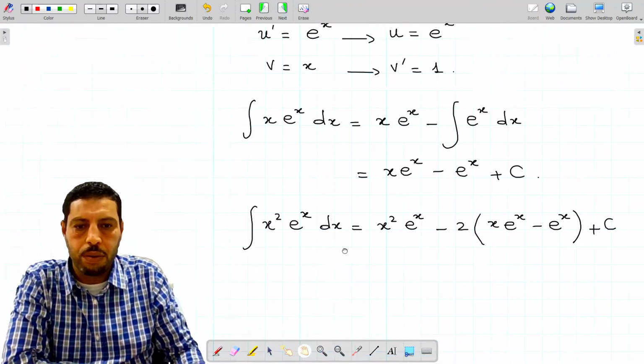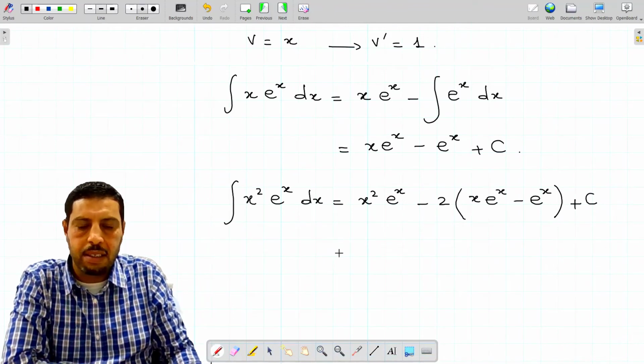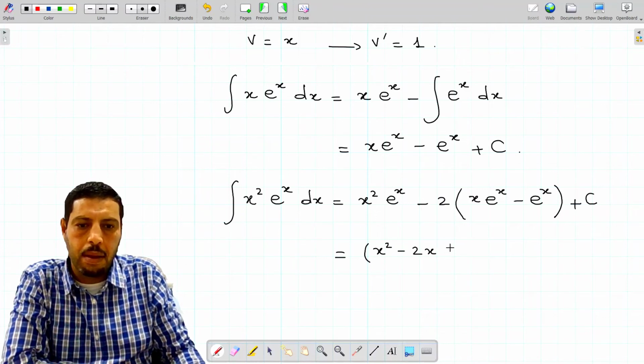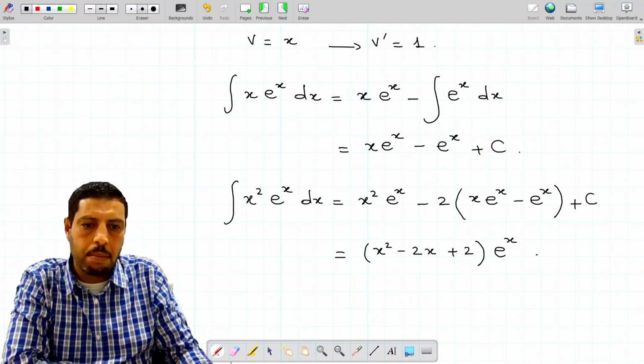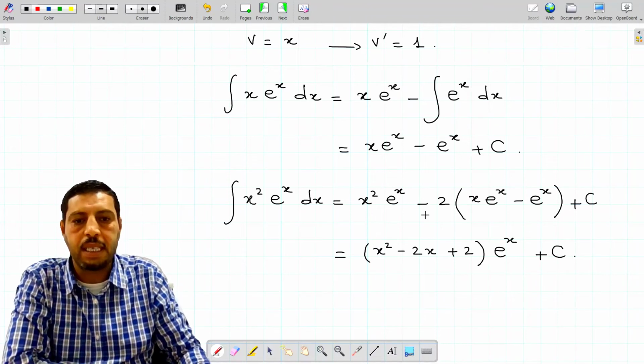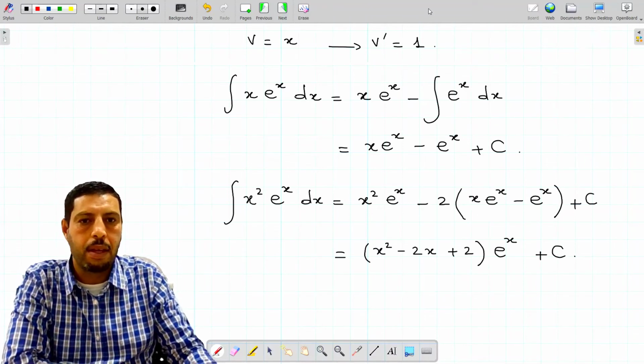Okay, so of course we can write it better than this, so we're gonna put the exponential as a factor, so you will get x squared minus 2x plus 2 times exponential x plus c, and this is the final result. This is also considered as a correct result. Okay, next one,